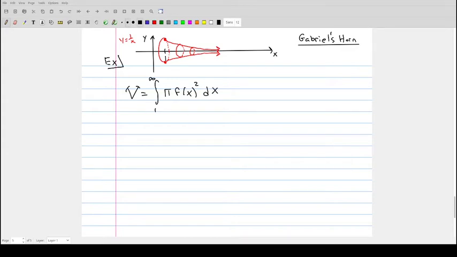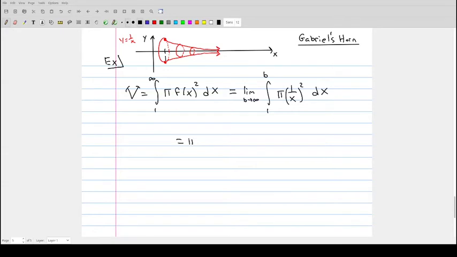But this now is an improper integral from 1 to infinity. We know this is going to be the limit as b goes to positive infinity of the integral from 1 to b of pi times 1 over x squared dx,